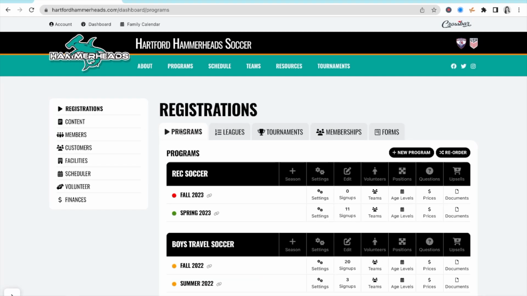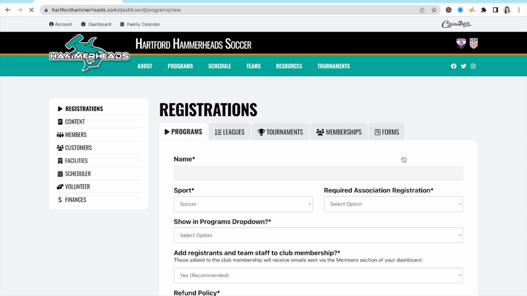So to get started, we'll go ahead and jump into our dashboard, where we'll make sure we're on the Registrations tab and then the Programs tab from there. Here, we can go ahead and create Add New Program, which will allow us to enter in the name of our new program, any specific information about that program, and choose whether or not we'd like that program to show up in our Programs dropdown at the top navigation bar of the site,